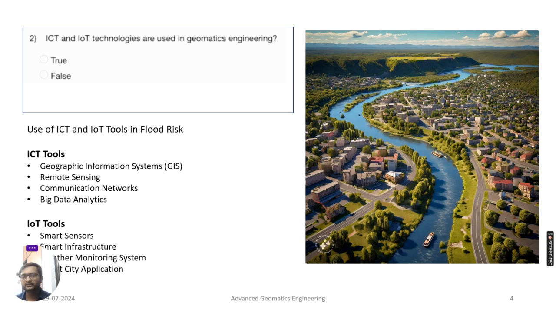And then once we have all the data sets, we can create some system which will tell us whether the risk is going to come at that particular place or not. So in India, the Central Water Commission, CWC, has flood monitoring sensors. These sensors are placed along the rivers, and whenever the